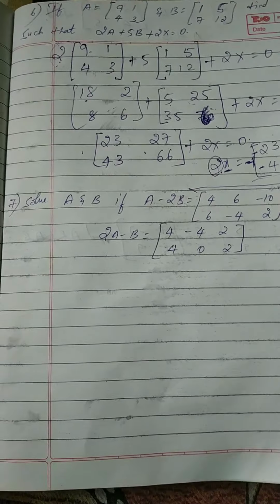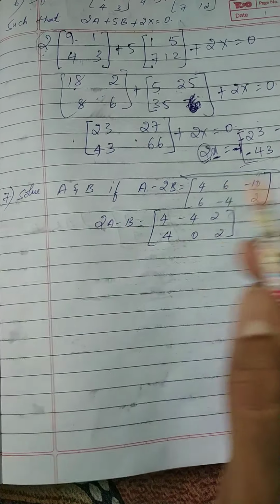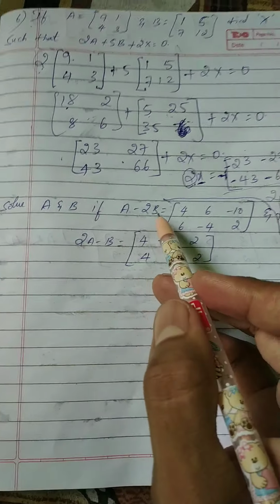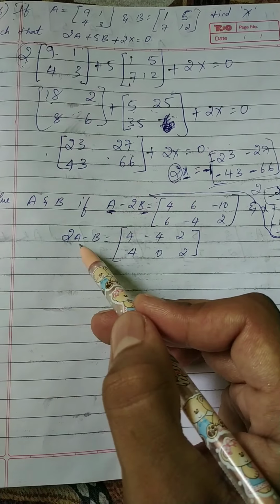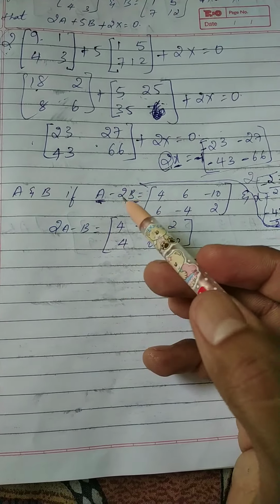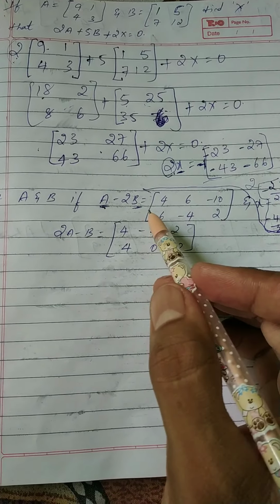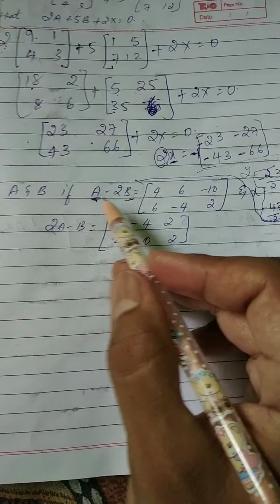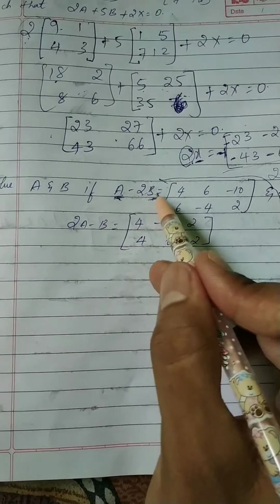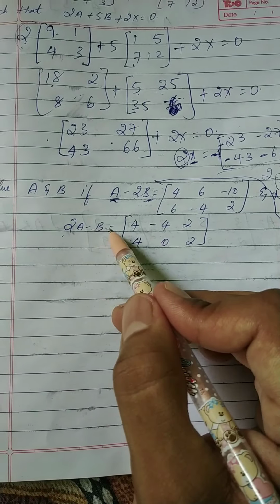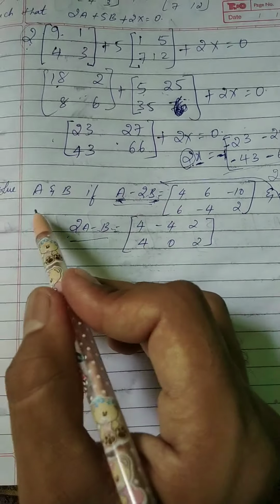Okay, then finally we have the 7th problem. Solve A and B. You are supposed to find this A and this B in both. Obviously if you find this A and B, that's more than enough. But they have given this matrix like this. It's like an equation. You can see here, A minus 2B, it's like x minus y or x plus y. So even here it is like 2 equations are given with the matrix, and you're supposed to find the A and B.